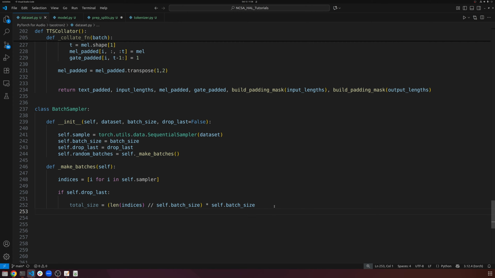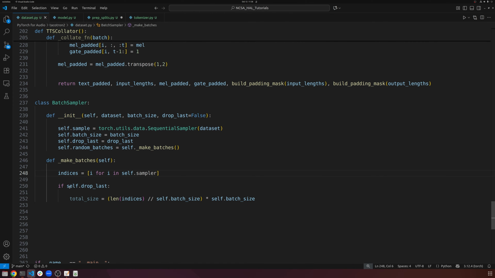So for example, if we had 5 indices and a batch size of 2, then 5 integer division by 2 is 2, and then times 2 is 4. So this would only include the first 4 samples and just ignore the last one, but that's fine. And then our indices is just going to be the indices, and we're going to just filter out for only the first total size amount if we want to remove that last batch. And our batches is going to be indices